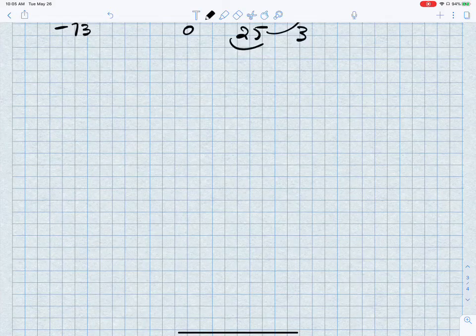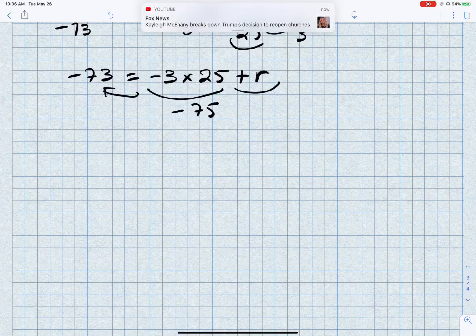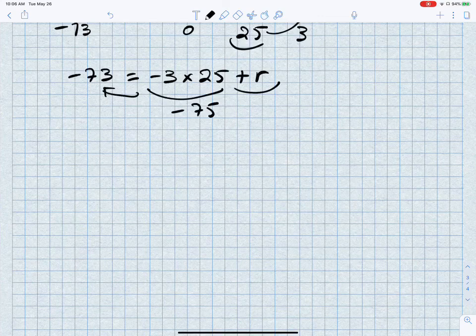So if we plug in the values, we get minus 73 is equal to minus 3 times 25 plus some remainder. So minus 3 times 25, that's minus 75. So how much more do I need in the remainder to get to minus 73? That would be that I would need the remainder to be 2. So this yields that the quotient is minus 3 and that the remainder is